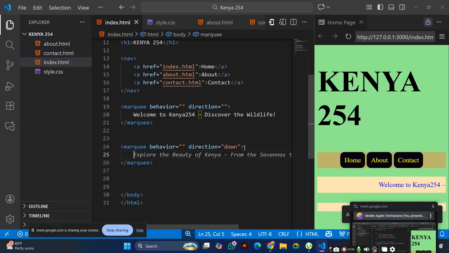Then now we put the image inside. Very good. So which tag for image? IMG. So we need now to go and download an image and put here.